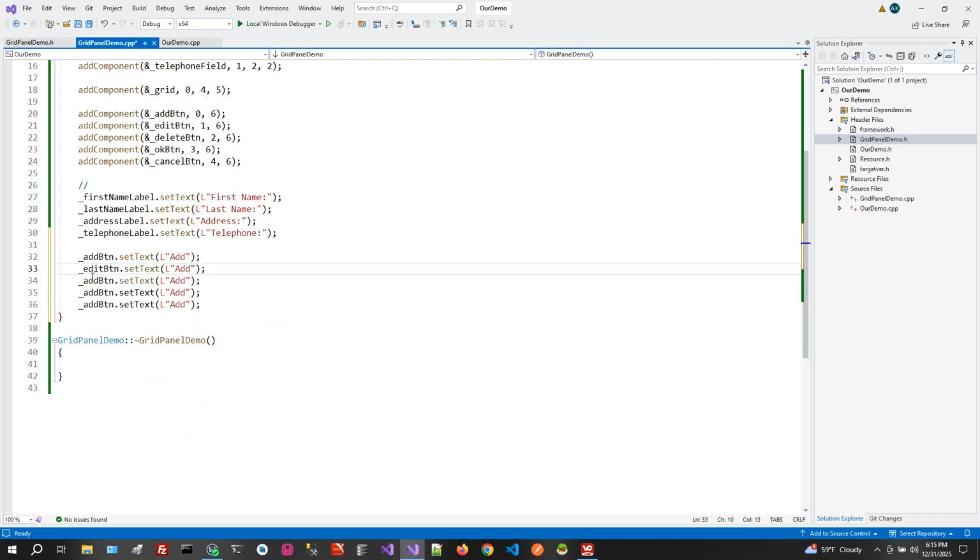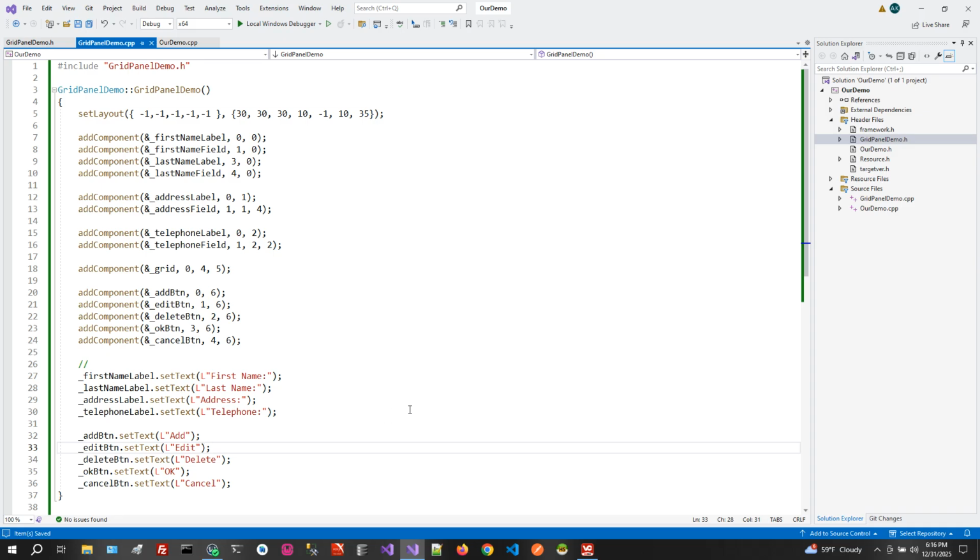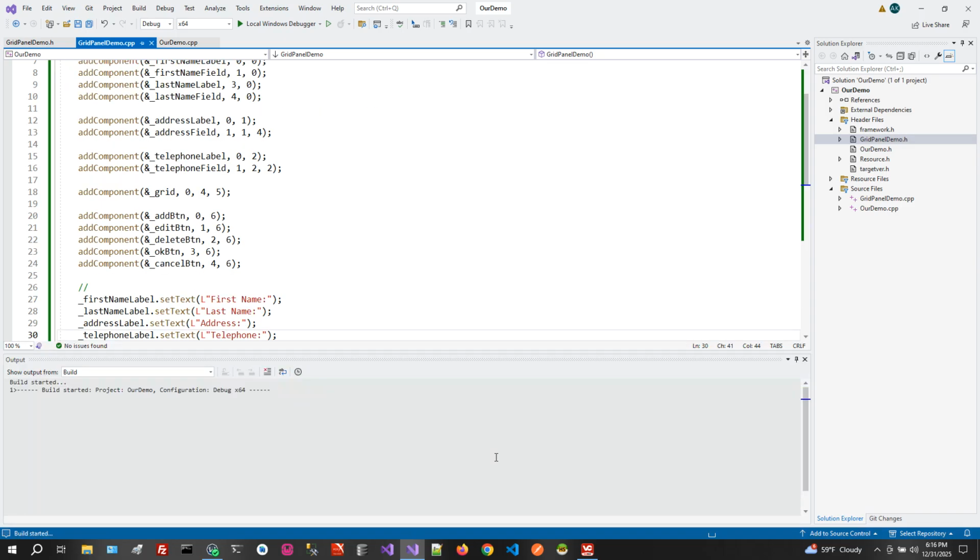Edit, delete, OK, and cancel. We're setting the text here. So now we initialized all the labels and all the buttons, and now if we run this again